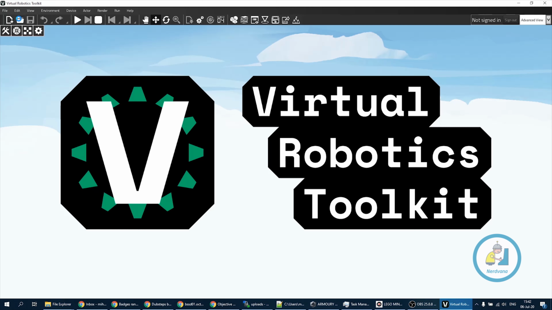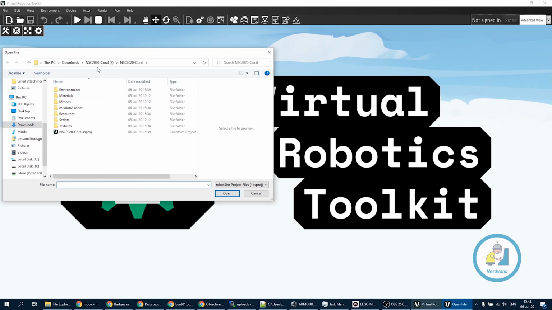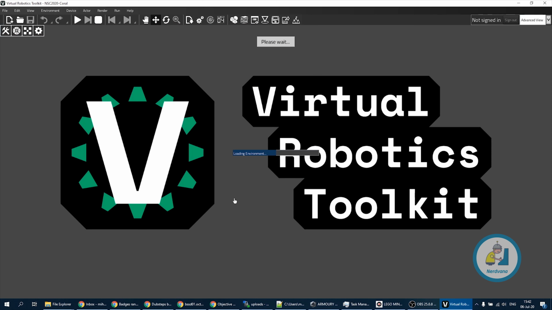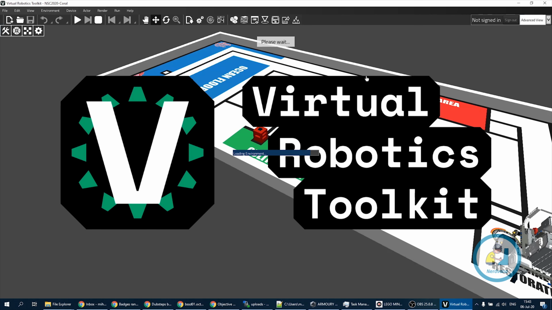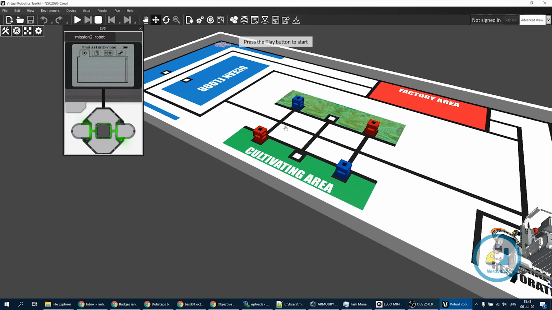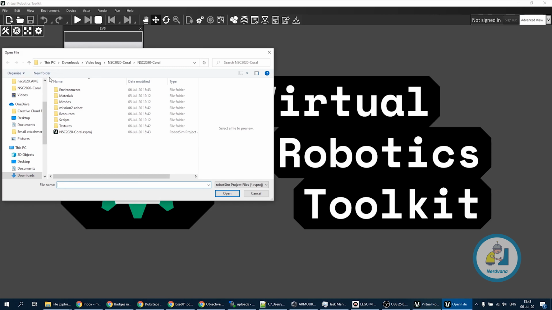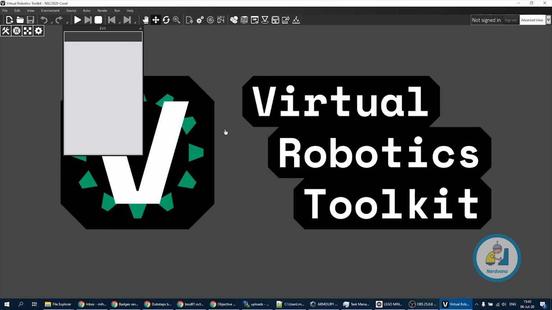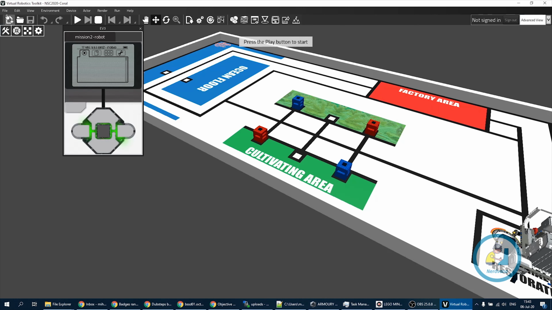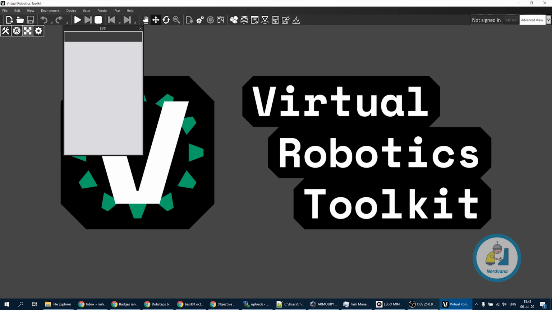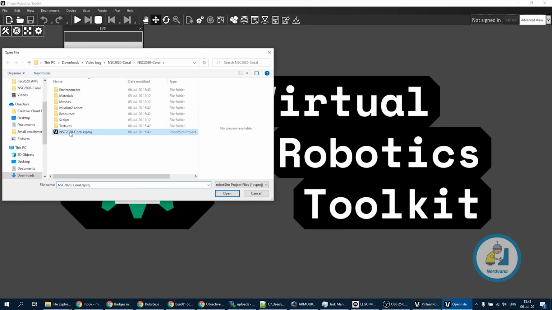We're gonna go to Virtual Robotics Toolkit and we're gonna open the project. It's the video bug. As you can see, everything loads just fine. But let's say that during the day you close the project, you open the project again, everything is fine, and then you work some more, and then you close the project, then you open it again,